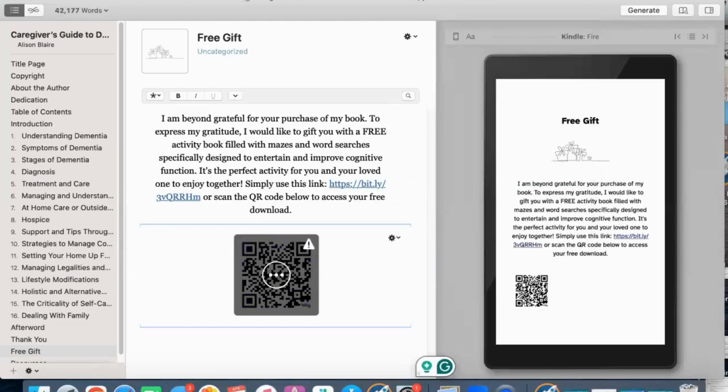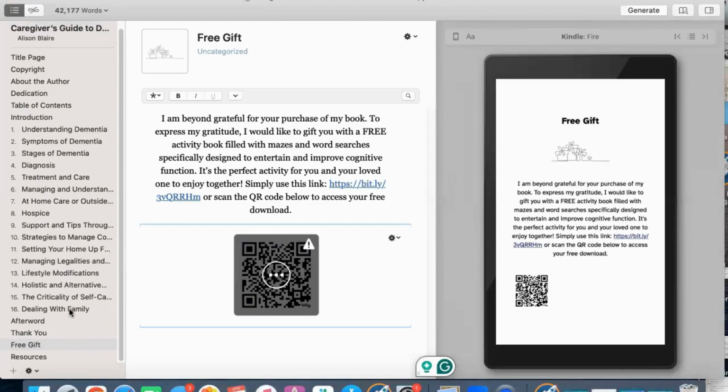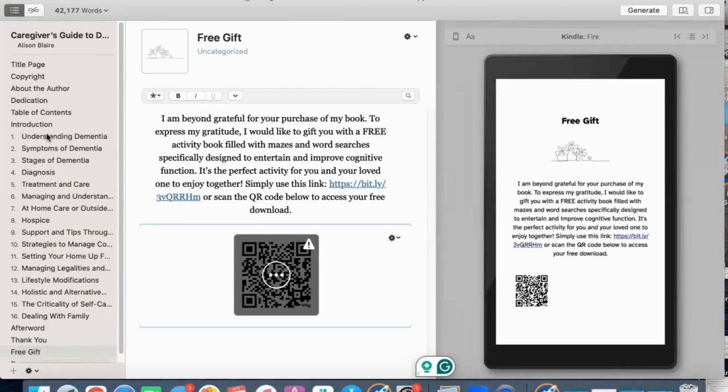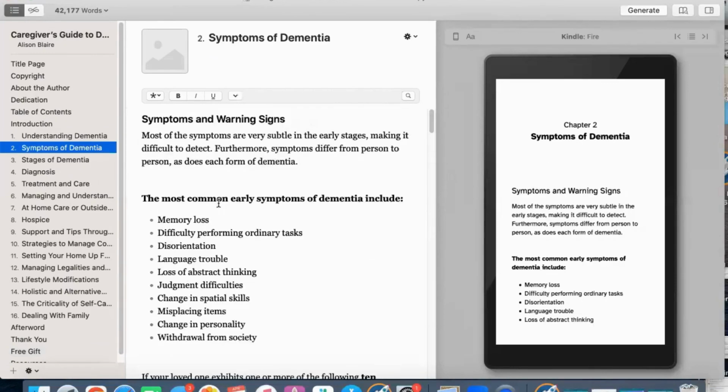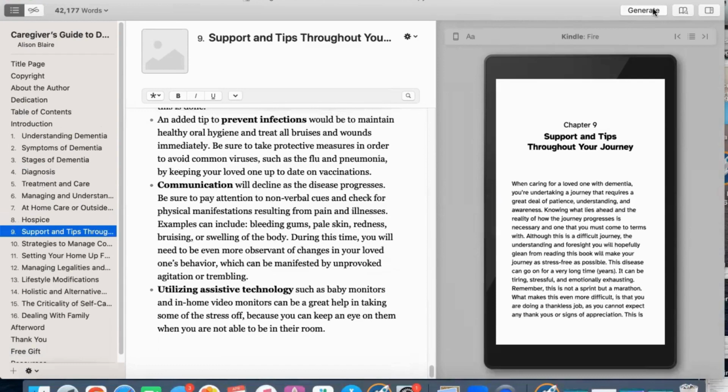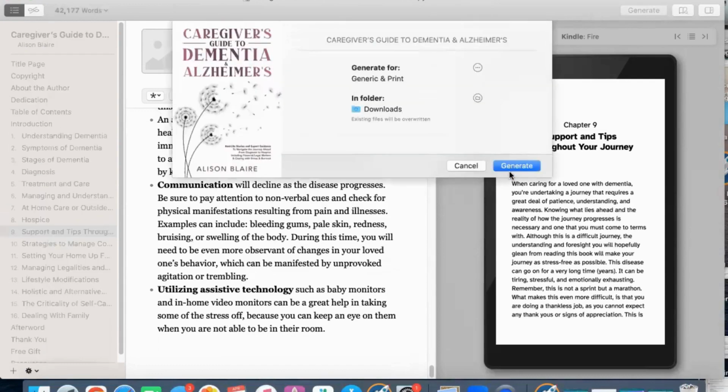And then let's scan it and make sure it works. Make sure all of the QR codes work. Great. And it does. And that is it. I don't believe there's any other QR codes. Okay, great. So now I'm going to generate this. And that's it. I get my files, and then I'll upload the book